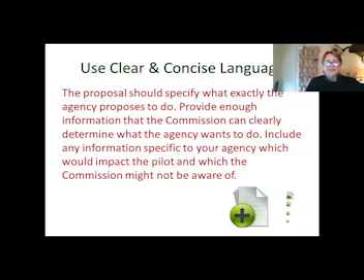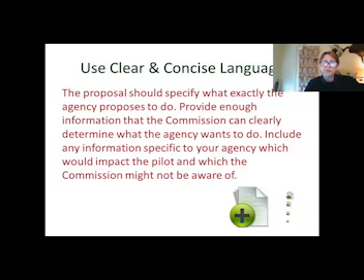This is particularly important for our defense agencies and agencies that use a lot of acronyms. If you use a lot of acronyms, please at some point, preferably at the beginning of your proposal, make it clear what the acronym stands for. We've gotten a few proposals in the past where it's difficult to tell and we have to follow up because we're not really sure what a particular acronym stands for.